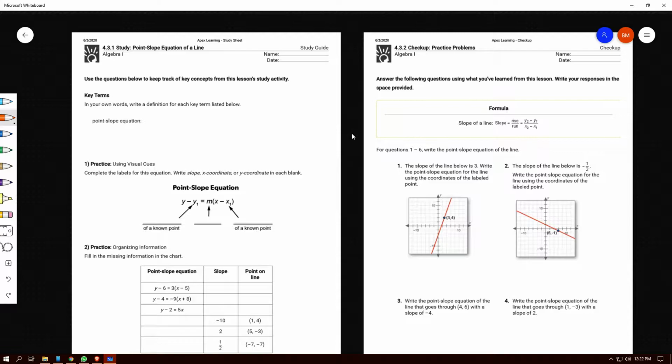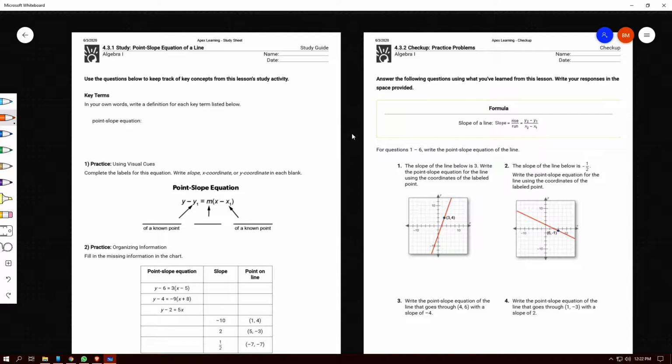So what we've done thus far in this unit is we started with how to calculate slope, right? Slope is rate of change. It's that rise over run, is y2 minus y1 divided by x2 minus x1. All right, so we know how to calculate slope, and then in the last quiz, we were working on the